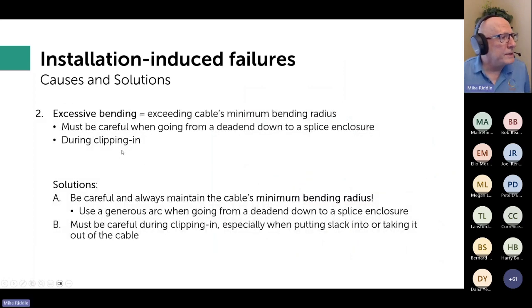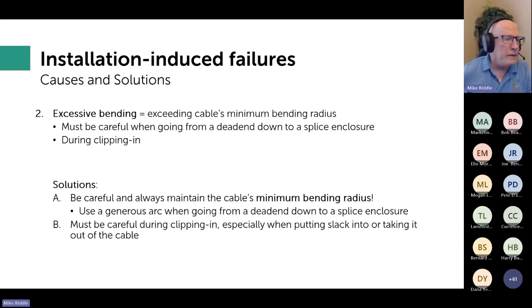So the next cause is excessive bending, and that's when you've exceeded a cable's minimum bending radius. Typically, that's going to be a figure of about 15 times diameter. You might see, with the cable under tension, 20 times, but let's just say that it's 20 times just to keep my math easier. So that would be 10 inches, right? So 20-inch block or 10-inch minimum bending diameter. So if I bend the cable to 9-inch, I risk damaging the optical unit of the cable.